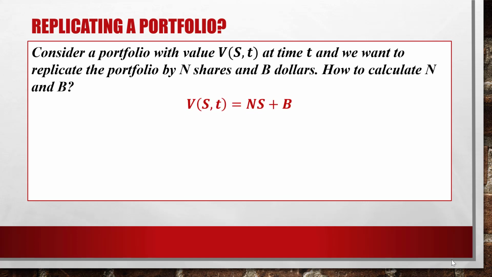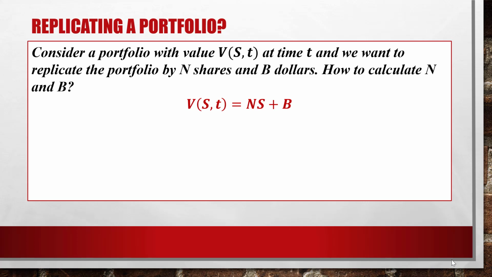Remember here, if we assume that N is the number of shares and B is the dollar amount, then the value of the portfolio is N times S plus B. And now in order to calculate N and B, we will have to use some measures that we learned from the Greek options. In the last lesson about Greek options, we learned about a couple of different measures like delta, gamma, vega,